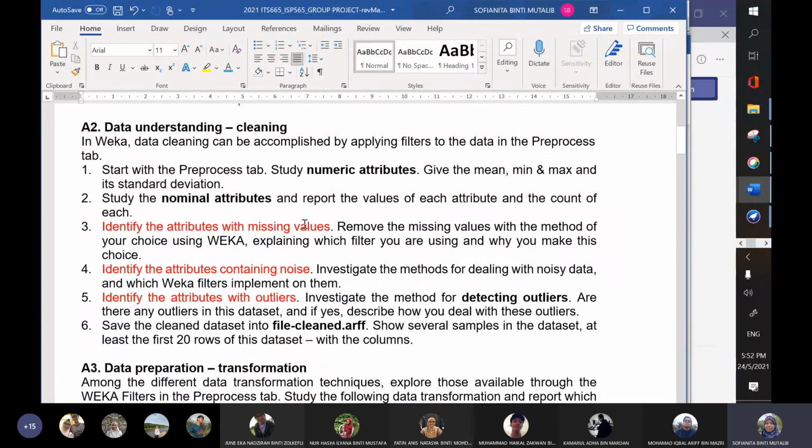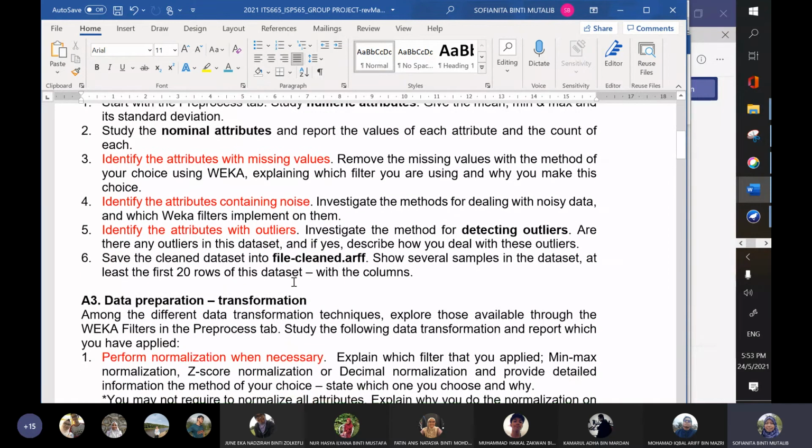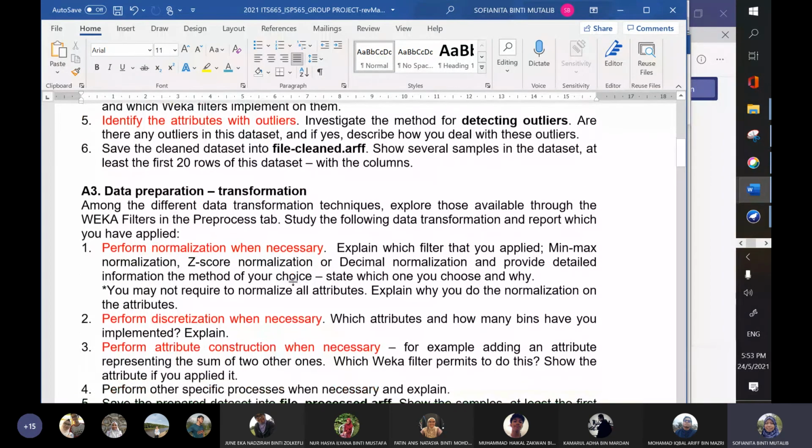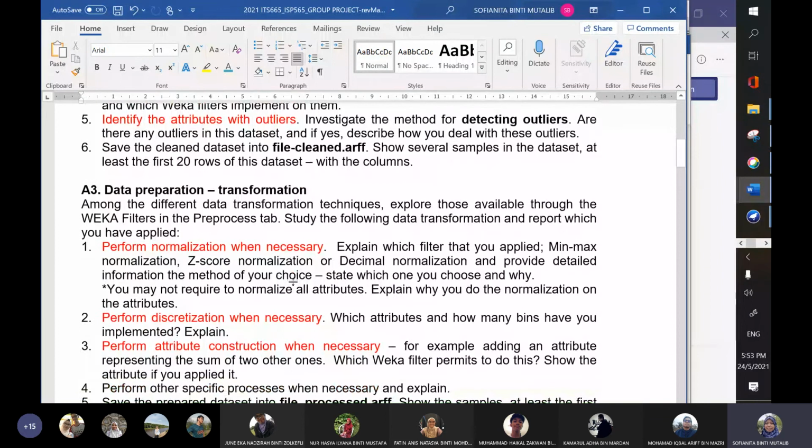Then what you have to do is perform data understanding, firstly on cleaning the data: how you are going to clean data, how you are going to remove missing values, clean the noise, identify outliers, and then probably transform your data. It depends on the variance and how large your data is.